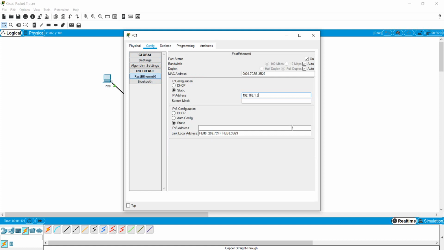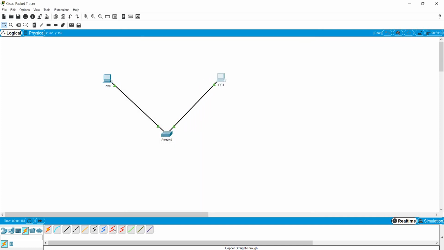192.168.1.3. Okay. So these are two devices connected via a switch. There's no router. They're on the same network. So